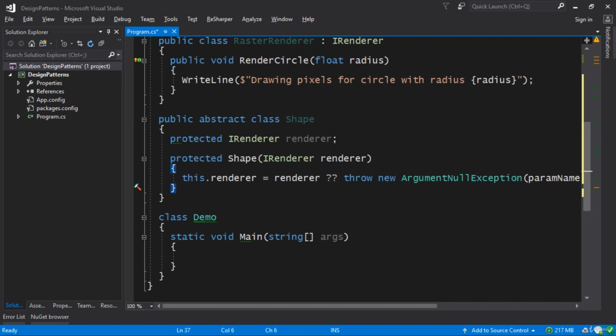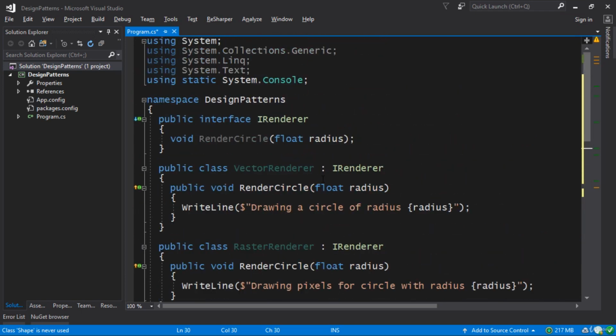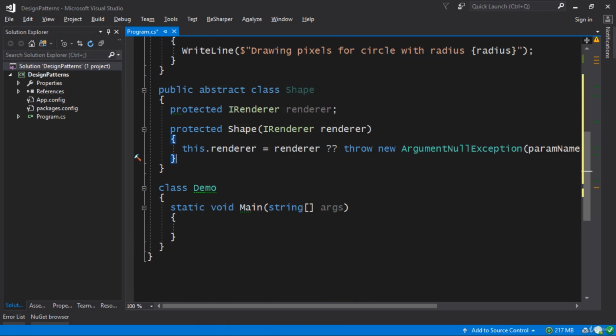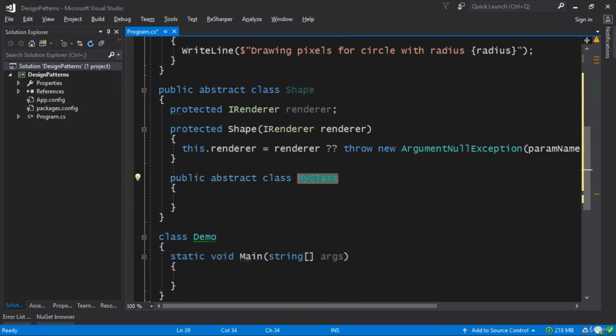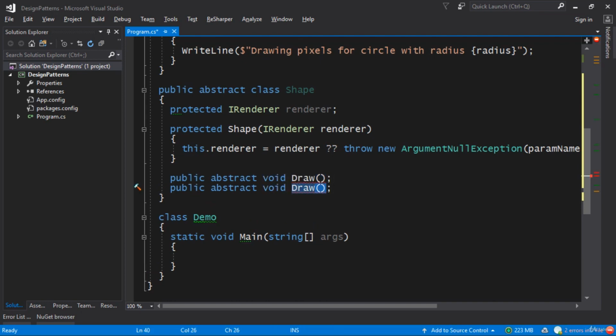Now remember, we're not specifying in the shape itself whether we want to render it in a raster form or in vector form. Instead, we're saying please just render it however you specify. So we're going to have an abstract, not an abstract class, but an abstract method. So we're going to have public abstract void Draw, and we'll also have a method for resizing the shape. So let's have Resize, and we will specify the factor by which we want to resize this particular